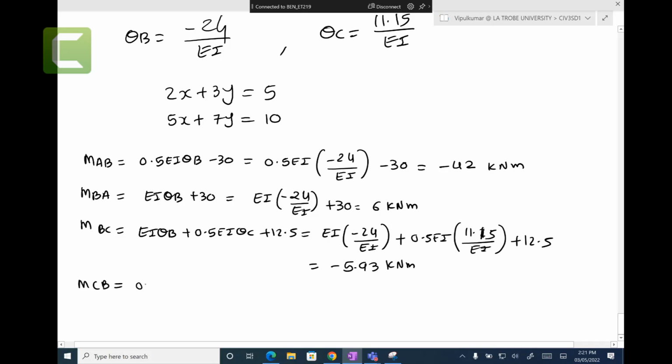MCB equal to 0.5 EI theta B plus EI theta C plus 12.5. So